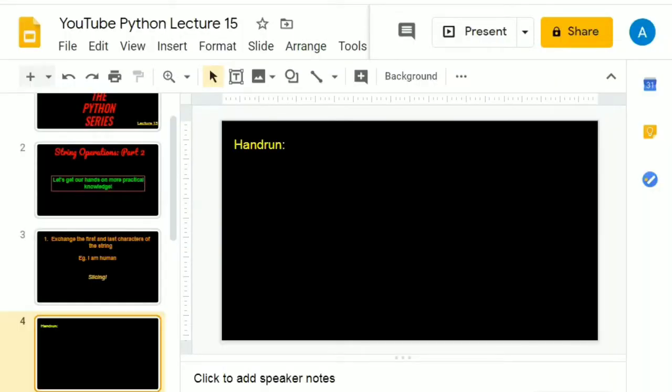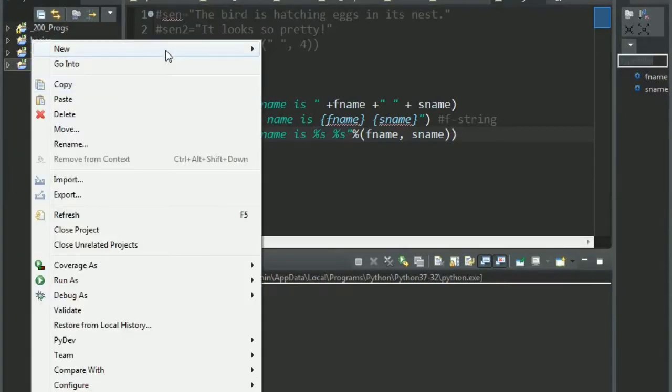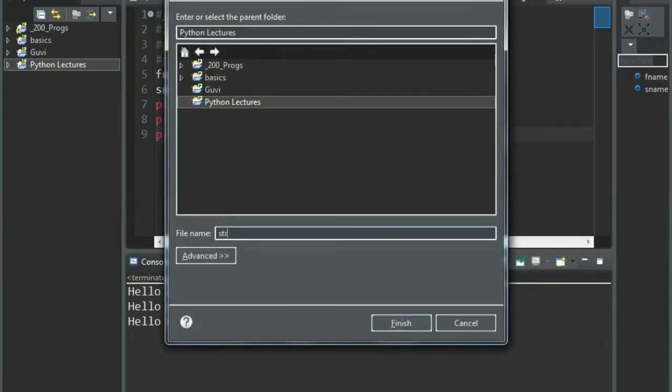Okay, let's go to Eclipse. Strings new, or let's say strings 2.